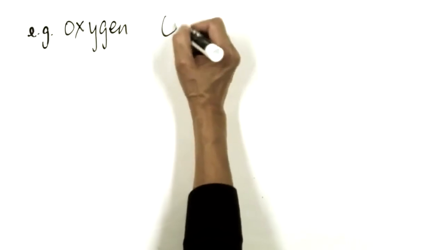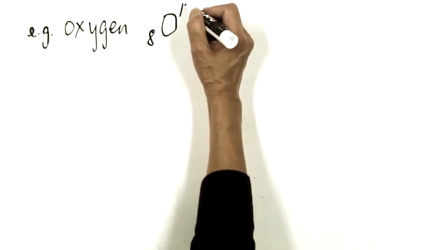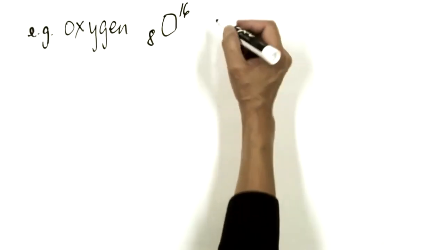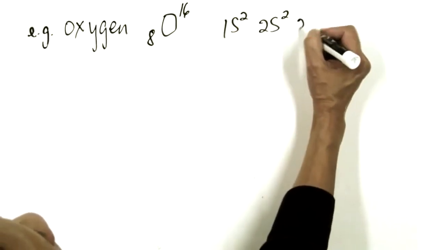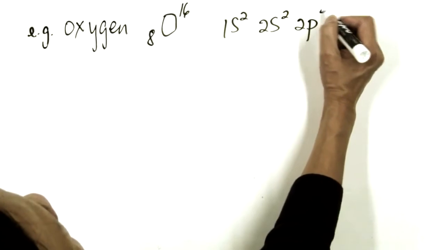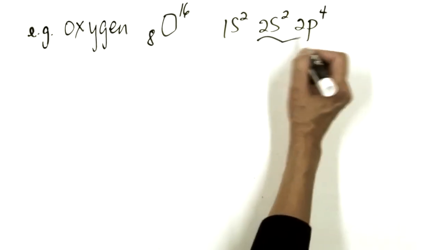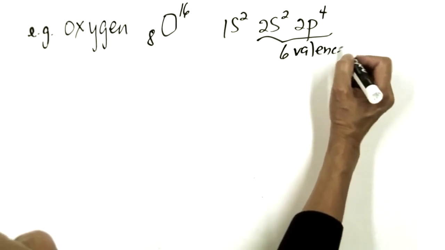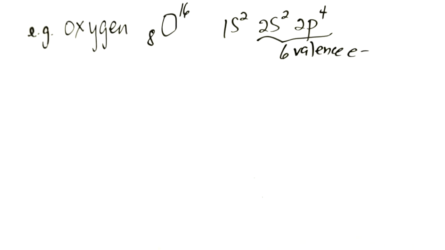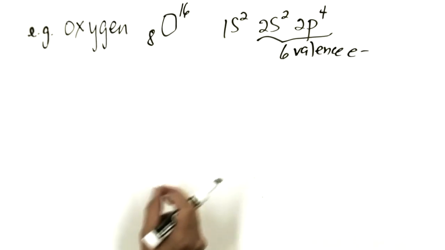So let's look at oxygen. We know that oxygen has 8 electrons, and its electronic configuration is 1s2, 2s2, 2p4. So right here you have your 6 valence electrons, and each oxygen needs another 2 electrons to